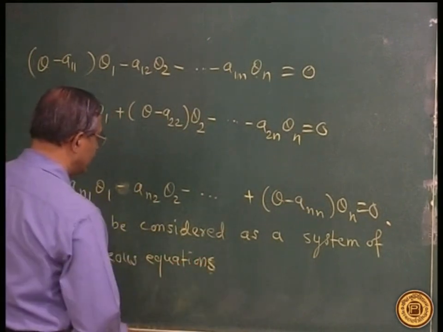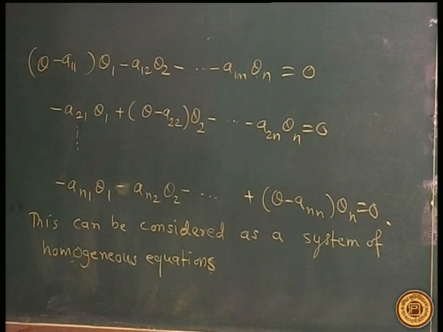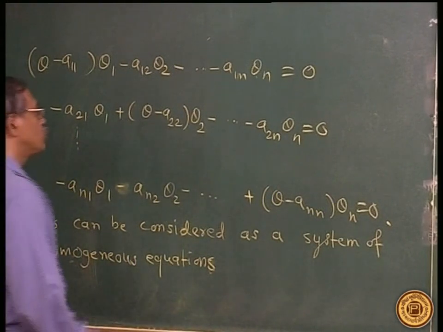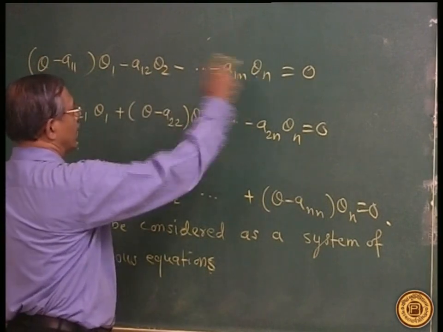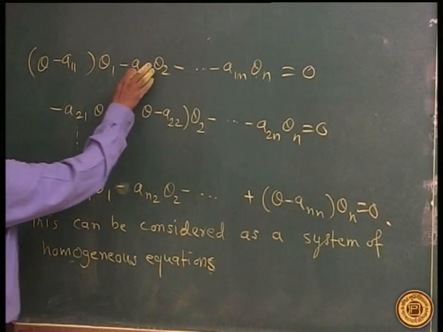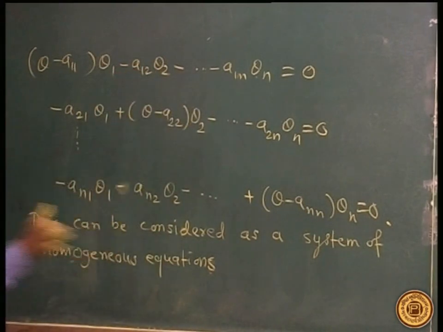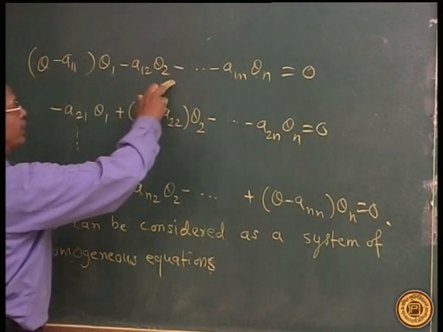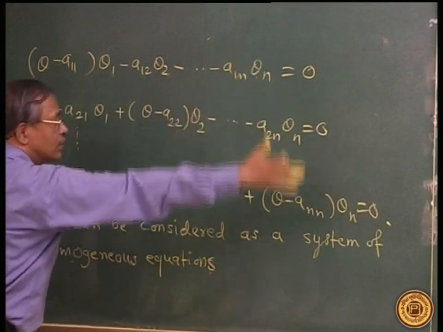These are n homogeneous equations and having a solution theta 1, theta 2, theta n. This theta minus a11, minus a12, etc. can be considered as coefficients, and this can be considered as a system of homogeneous equations. There is nothing on the right hand side, constants are 0